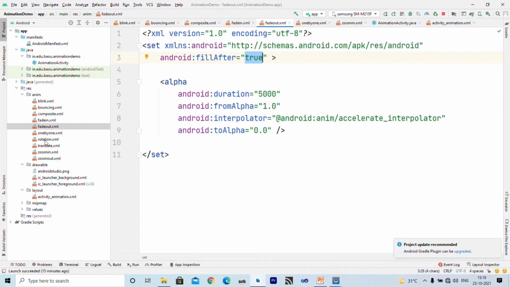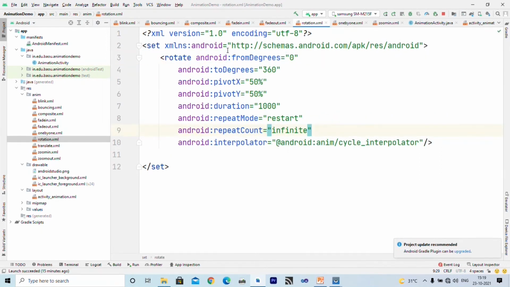Then we have rotation. Here you can see my rotation starts from 0 to 360 degrees. So from degree specifies the start angle, to degree specifies the end angle. Now pivot X and pivot Y specify the reference point with respect to which rotation is performed.